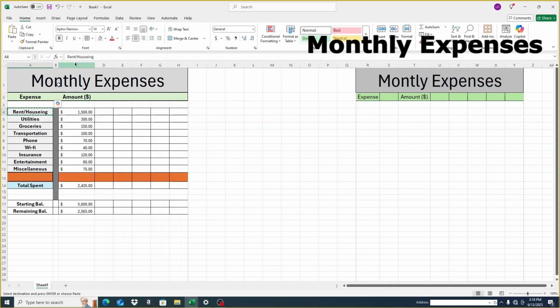Now you see how I misspelled housing here? You can go up here. You can select that cell. It's already selected. And you can click up here and backspace to delete it. You see this check mark right here? That means you are good with it and it corrected it. Okay, so again, I'm gonna go here and I'm gonna say Control-C to copy it, and I want to put it in